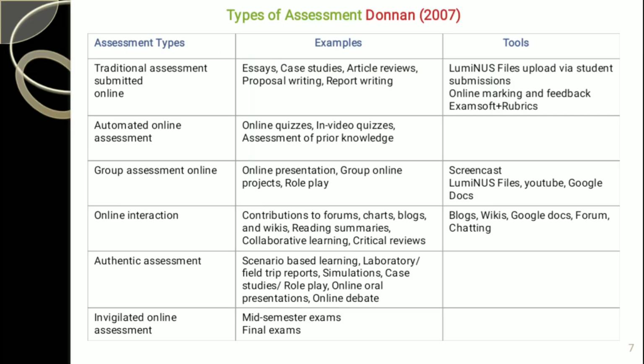Here we have adopted types of online assessment by Donham 2007. There are plenty of types of assessments, along with peer assessment, self-assessment, performance assessment, traditional assessment, oral-based assessment, etc. So among the types of assessments are traditional assessment submitted online, which involves essays, case studies, article reviews, proposal writing, report writing. Among the tools, there are